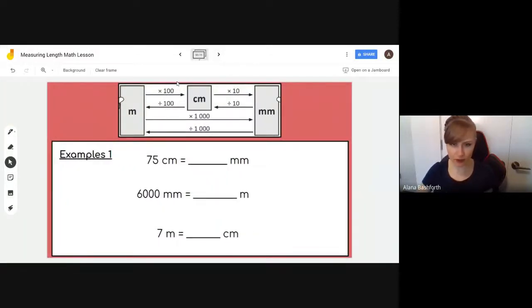And so let's do a couple of examples here. I'll just get my pen here. There we go. Oh, that's a highlighter. We don't want highlighter. That should work. All right, so in our examples, we've got 75 centimeters into millimeters. So we're going from centimeters and we're going to end up at millimeters. So that means that we're following this arrow right here and we're timesing by 10. So 75 times 10 is